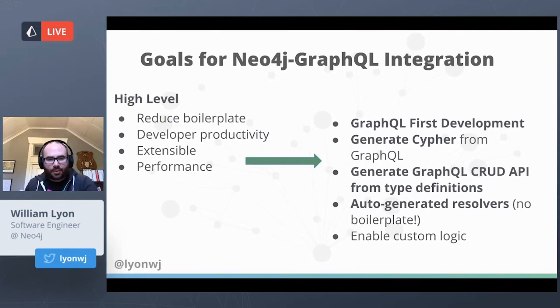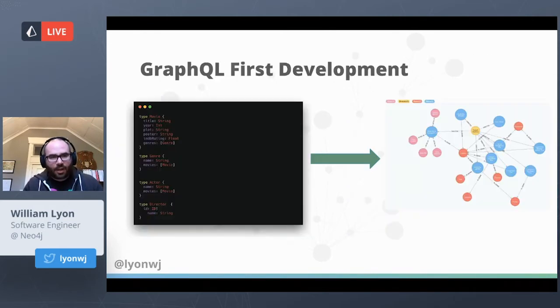So narrowing down the goals then, it became pretty clear what we thought would be interesting features for a Neo4j GraphQL integration. And so the first one is this idea of GraphQL first development, where your schema, your type definitions in GraphQL are driving the data model in the database. So we take GraphQL type definitions, whether that's defined with SDL or programmatically building type definitions as part of a schema. We use that to drive the data model in the database, basically mapping GraphQL types to node labels